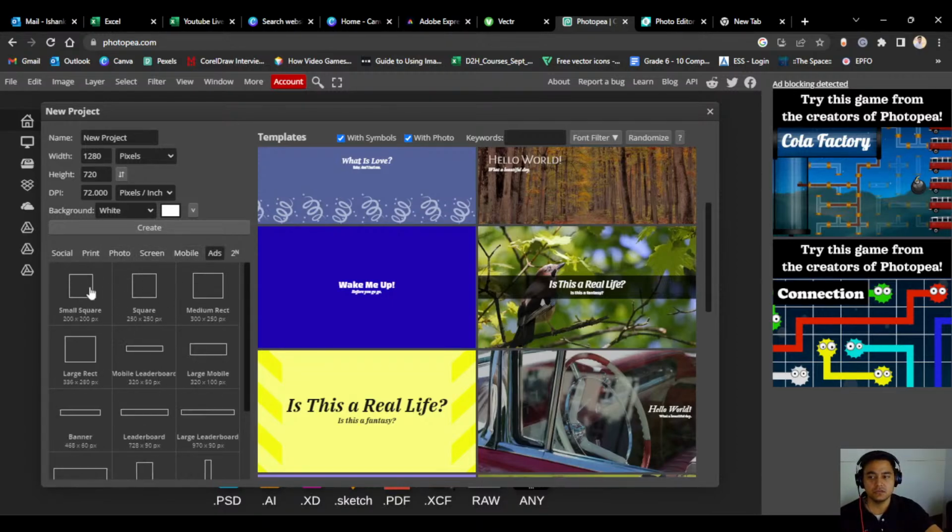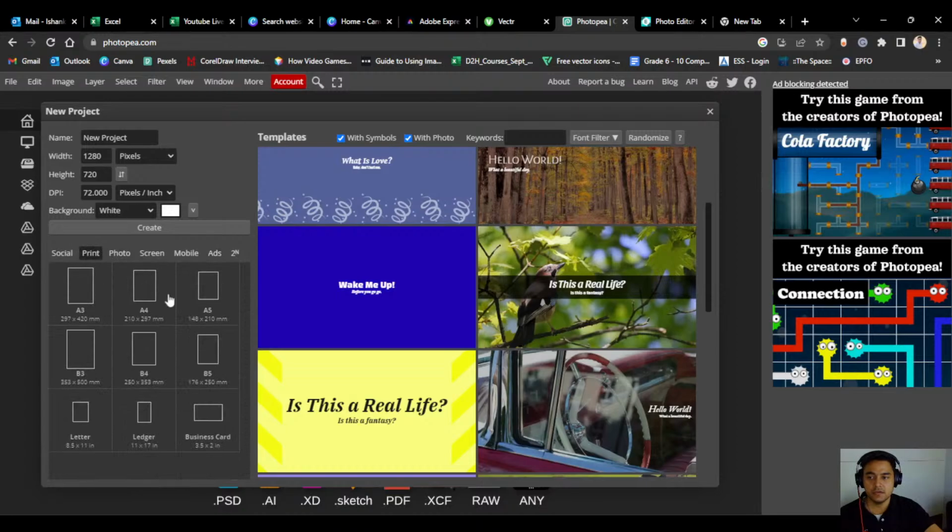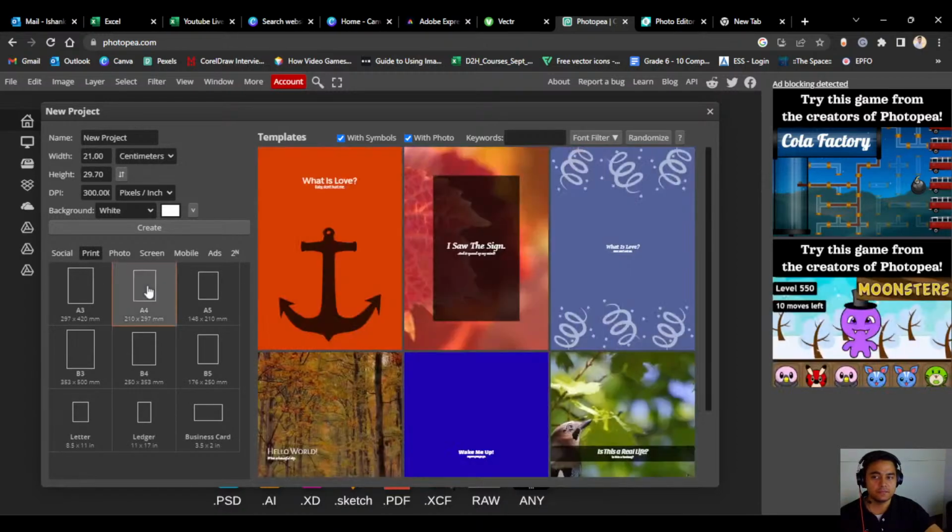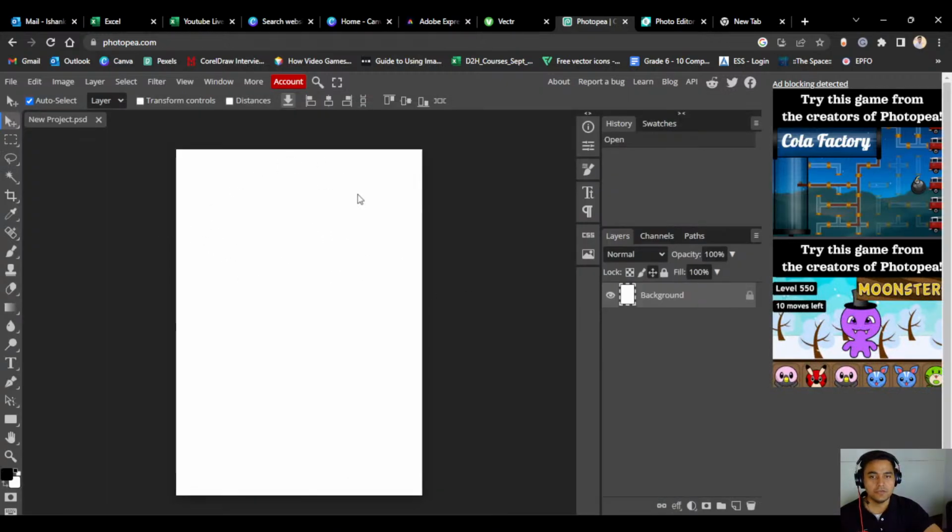So let's just use our print media, and in print let's just use A4 size. Okay, now create. When you have A4 size, you can also look at the interface. It is so similar to Photoshop. The interface of Photopea is so similar to Photoshop. You can just compare both of them. If I just show you Photoshop here also,